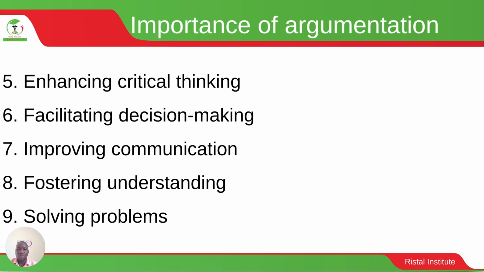And then we also talk about issues to do with solving problems. You can only solve problems if you gather data that surrounds that problem. And then if you gather this data, you should be in a position to evaluate it critically. And then when you do this analysis or evaluation, you can be able to solve problems. So problems sometimes exist because we don't have enough information about them. But if you look at information from either side, or from competing sides, then we shall be able to solve these problems in a better way.